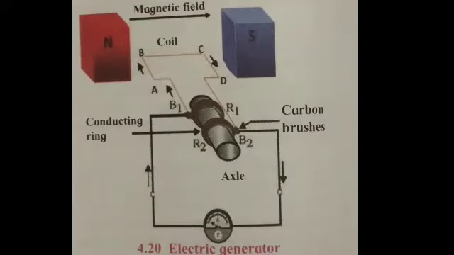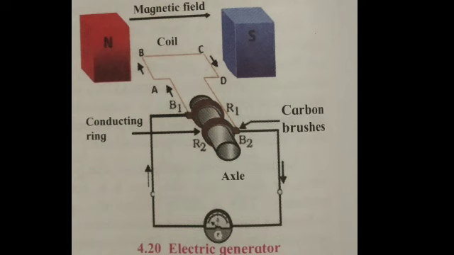We have seen the experiments based on electromagnetic induction. The current produced in these experiments was of very small magnitude, but the same principle can be harnessed for the use of mankind to produce large current. Here, mechanical energy is used to rotate the current carrying coil in a magnetic field around an axle, thereby producing electricity.